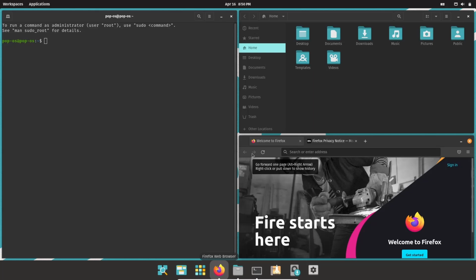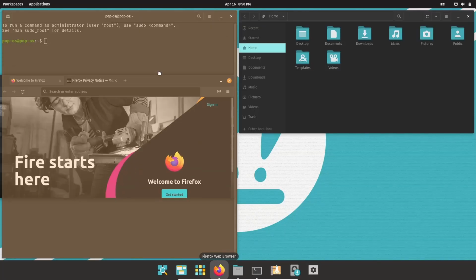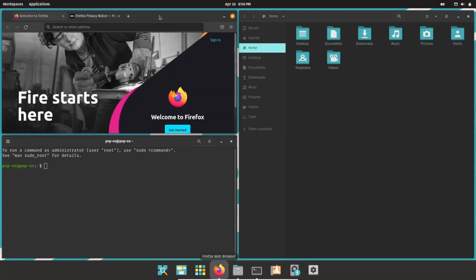So that's one good thing I do love about Pop!_OS, and you can get that tiling feature on some other operating systems, but the integration that Pop gives it is really stunning. Now, if you wanted Firefox to be over here, all you would have to do is grab it, bring Firefox over here. Let's say you wanted to put it right there. You could drop it right there.